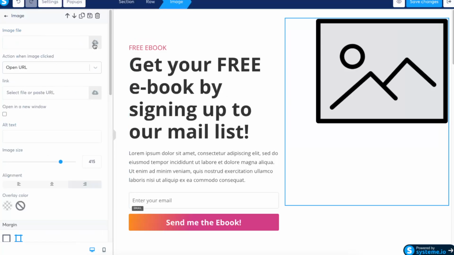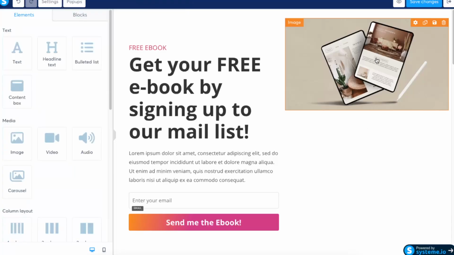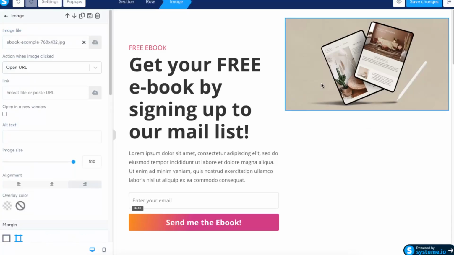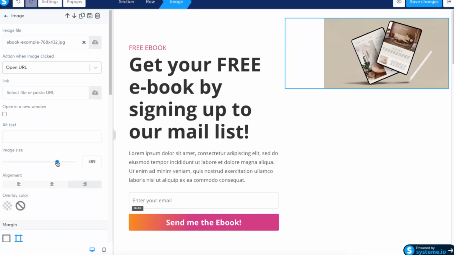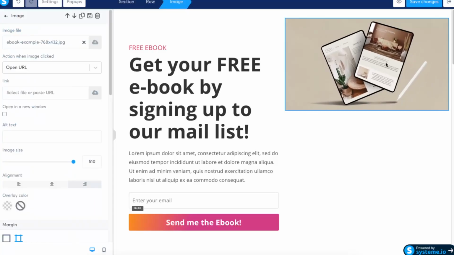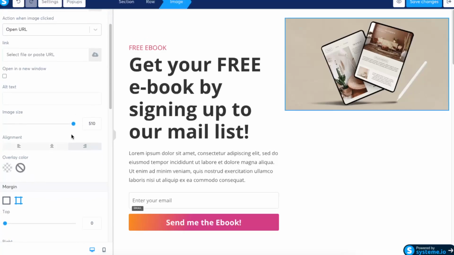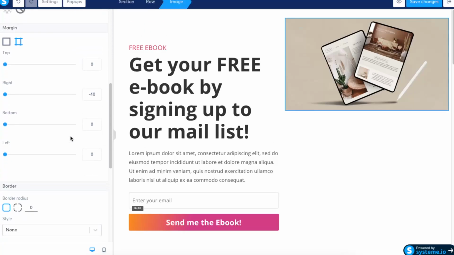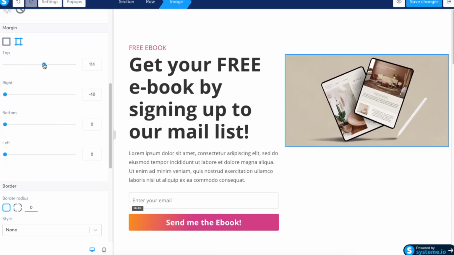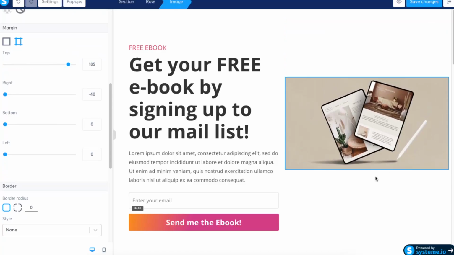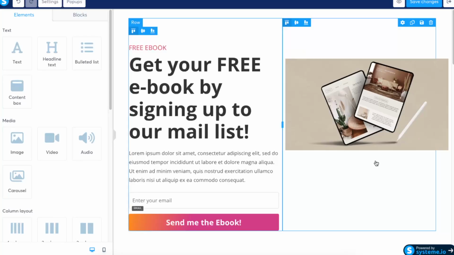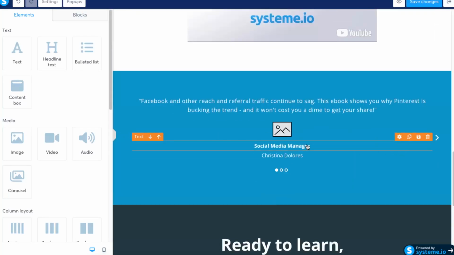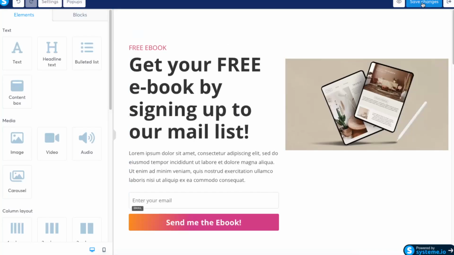So you click right here and you upload your image. Now, as you can see, this image, we can change its size. We can actually move it. So for example, you can do this. And as you can see, it's now in the middle. So that's basically how you edit everything. And after that, you want to save the changes and go back to your